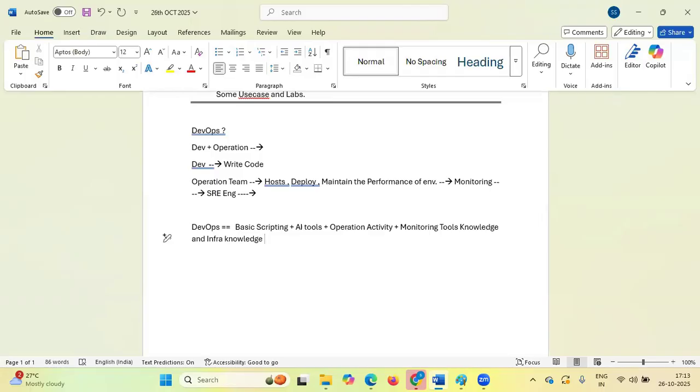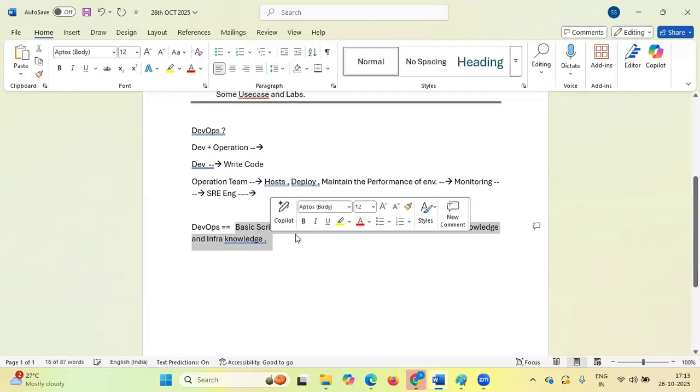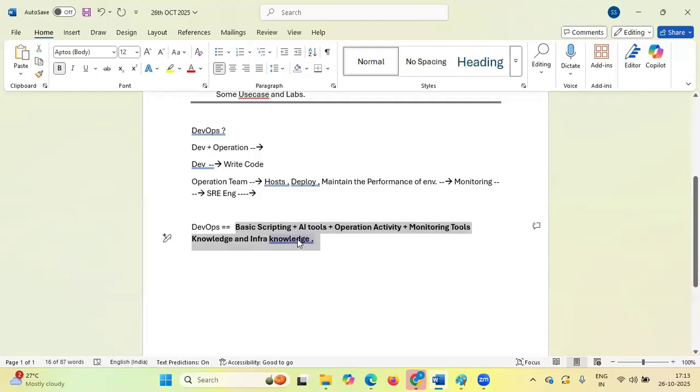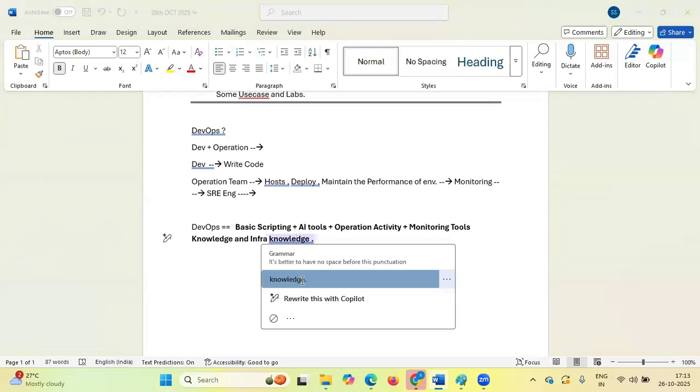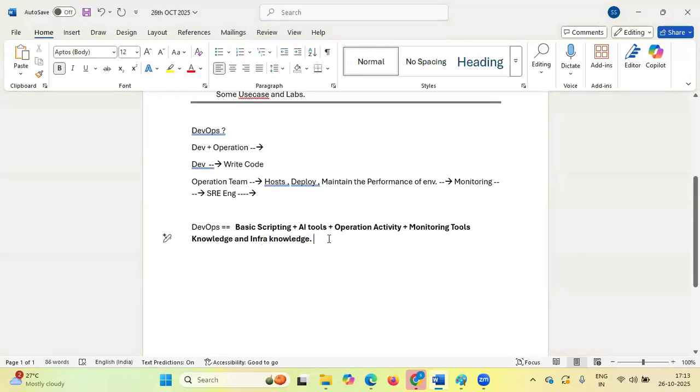Then you will get a good, standard package. These are the main things you should have at least. Basic scripting knowledge, clear, guys?